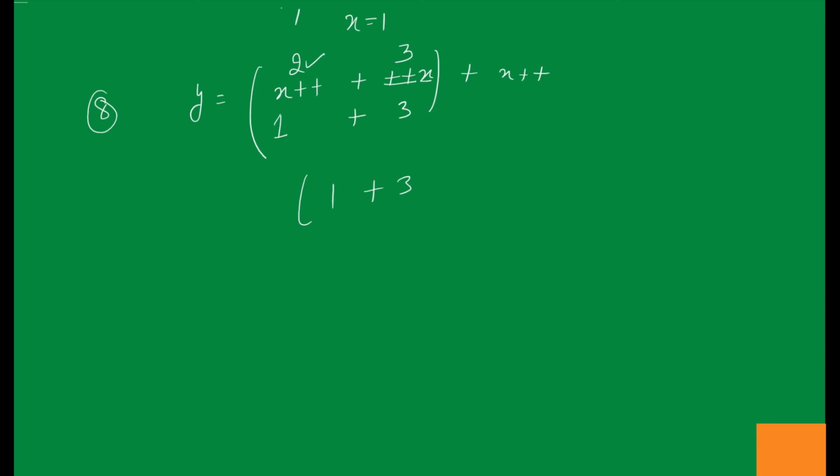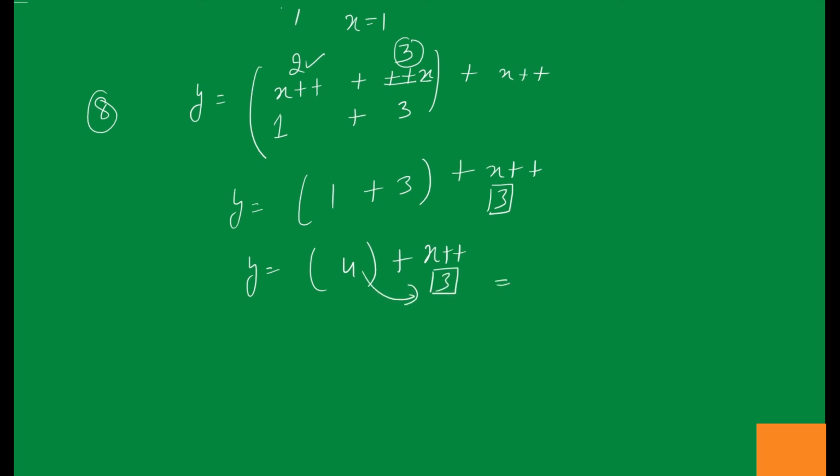So now from here we are left with x plus plus. So what is the current value in x? This is 3. So we are going to assign it 3, right? So the value in y will become what? This is 4 and this is x plus plus, the value is 3 here. So 4 plus 3 it becomes 7. So the value in y will become 7.